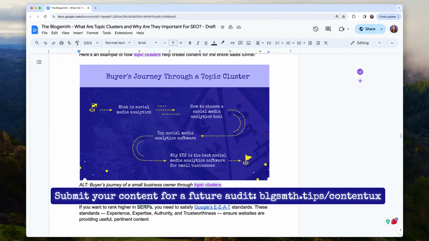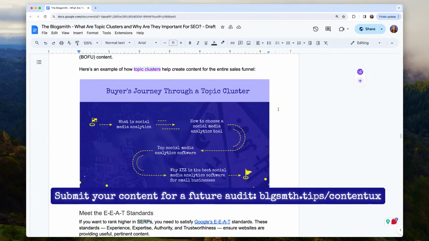Okay, so some more graphics. Our graphic designers are awesome. This is just an example of how they approach Blogsmith content. You've seen a couple of different examples of graphics they've created, whether that's a featured image or an infographic, or stuff like this that shows different stages, almost like a chart in a way. But we work with a lot of different brands, a lot of enterprise brands that have very strict standards for their graphics.